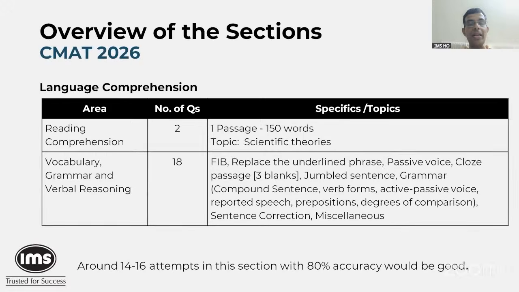So what we are looking at is about 14 to 16 attempts with 80% accuracy would be considered a good attempt. Then moving on to next section,